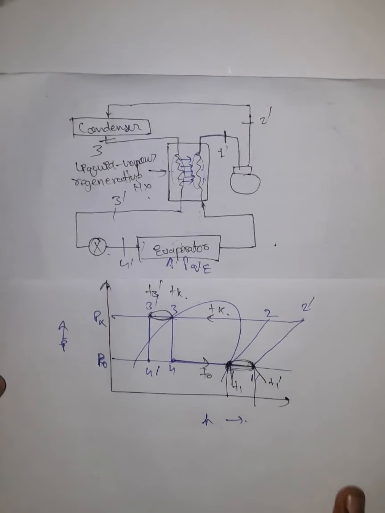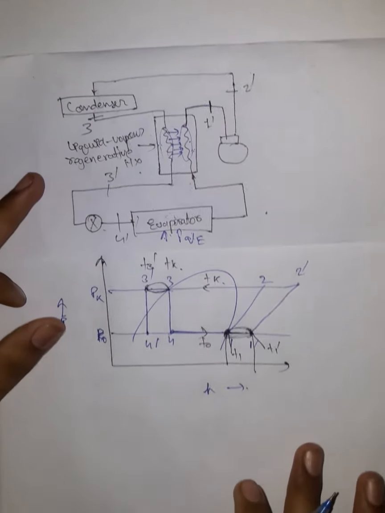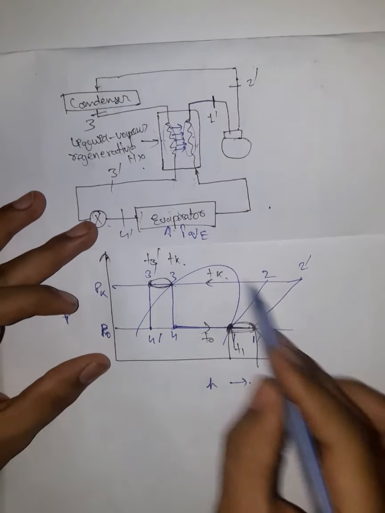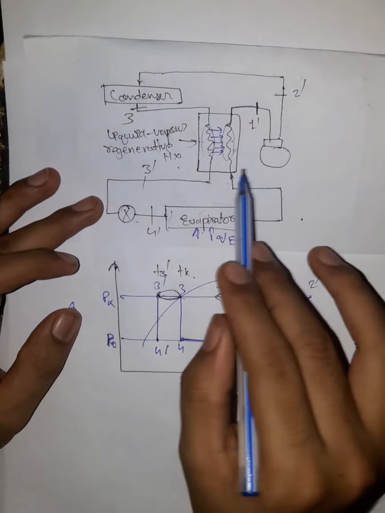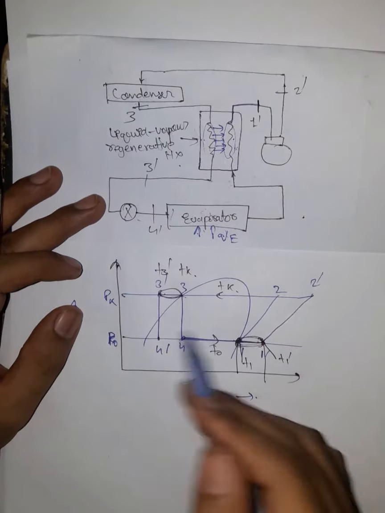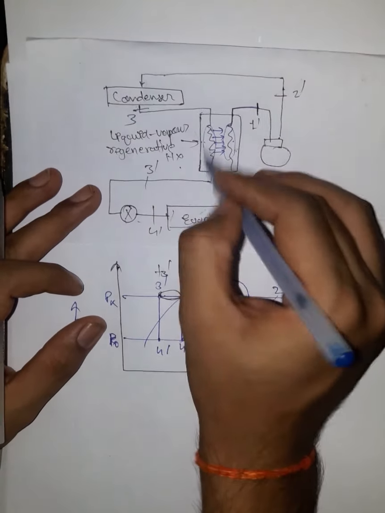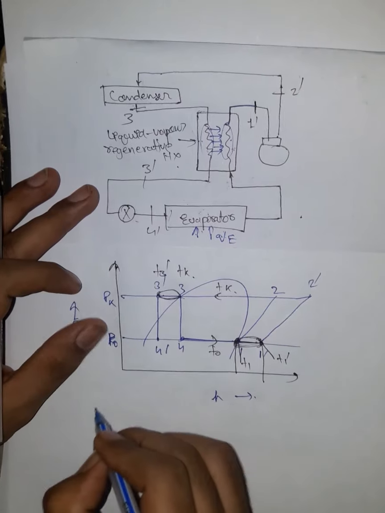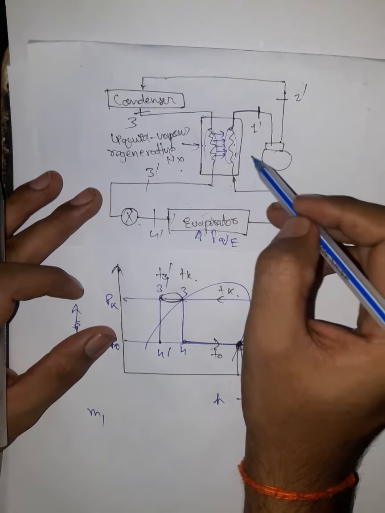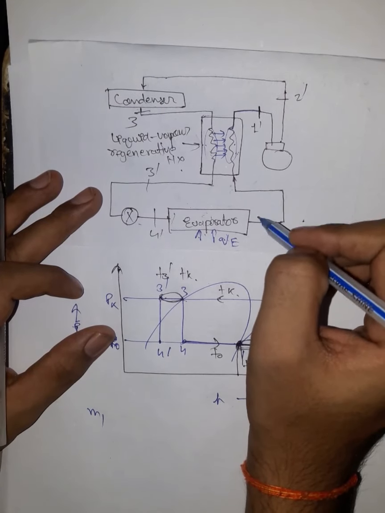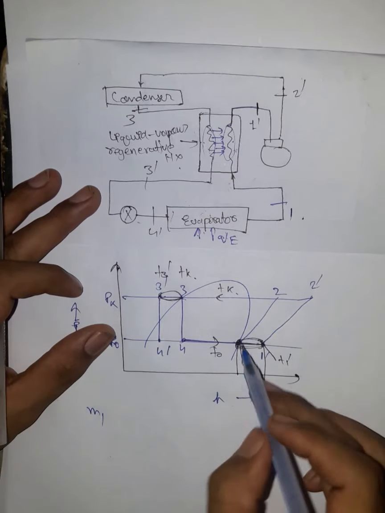Now we talk about its mathematical formulations. Okay, so we know that the mass flow rate will be the same throughout the heat exchanger, because at no point is the mass being divided. It is the same throughout the whole circulation. Okay, so I am using the energy balance for this heat exchanger. Let us say the mass flow rate at 1, that is from the compressor. Let us say the state here is 1 after passing from the evaporator.